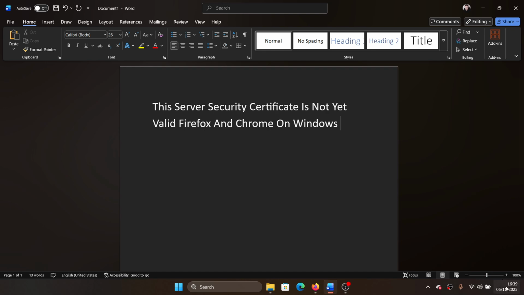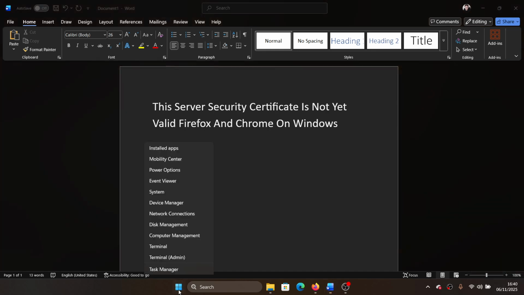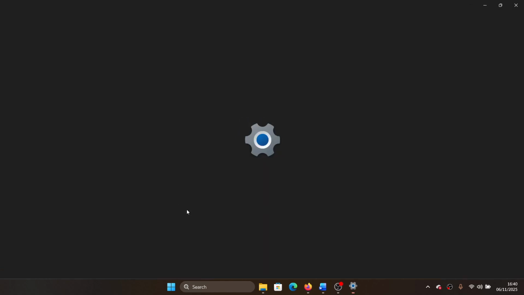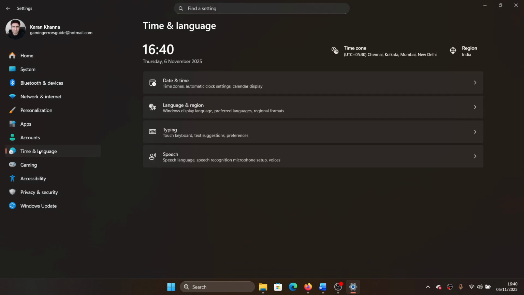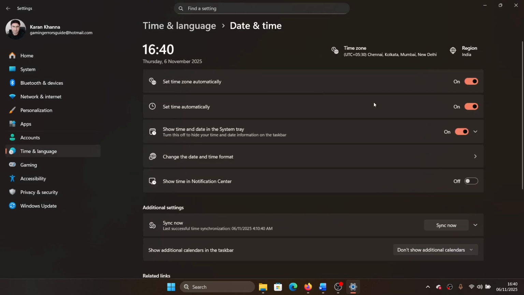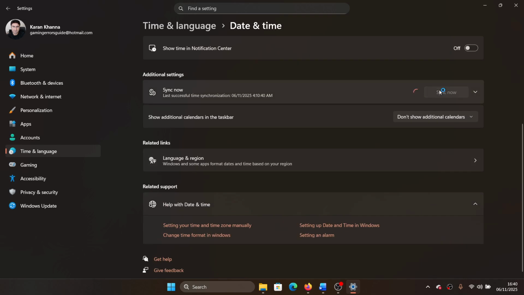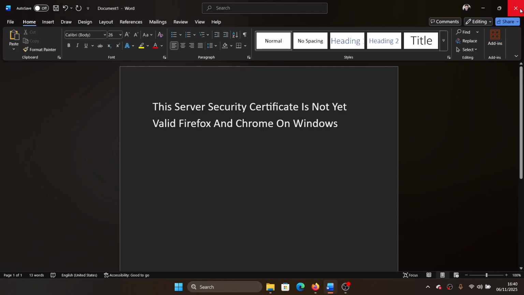So check the date and time, and if it's incorrect, then right click on the start button, select settings from the menu, and then you can go to the time and language tab on the list on the left hand side and select date and time in the right pane. Check all of these three buttons and then go to sync now and then say tick mark. So this is one good way of fixing the problem, and if that doesn't help, then you will have to